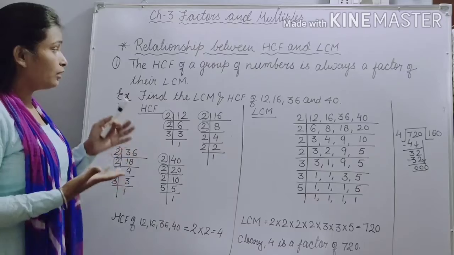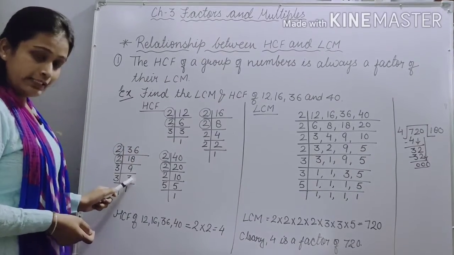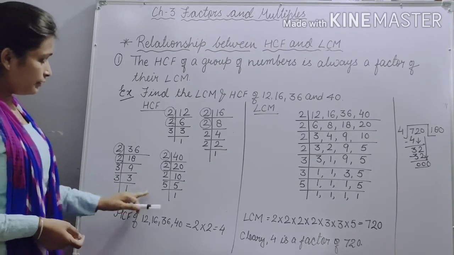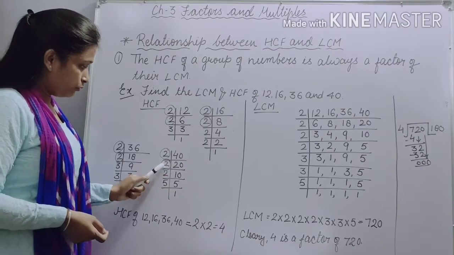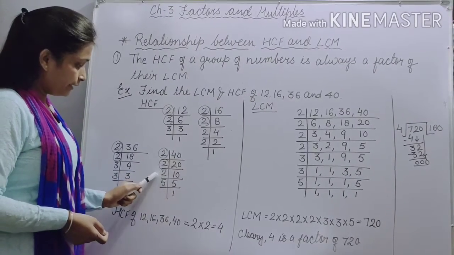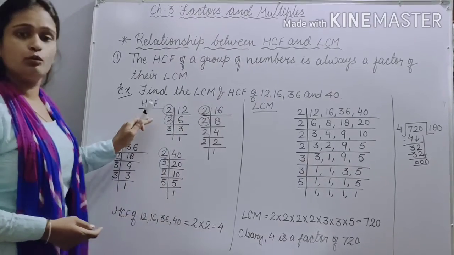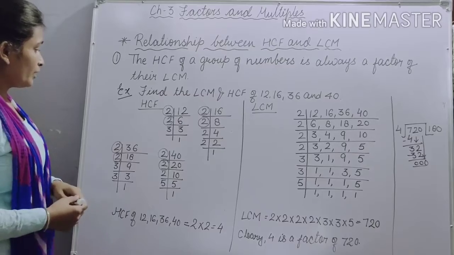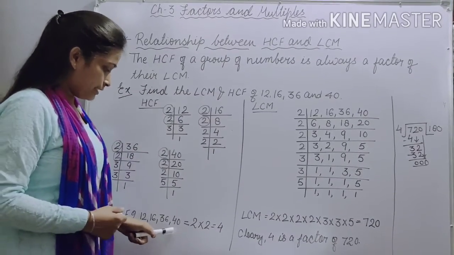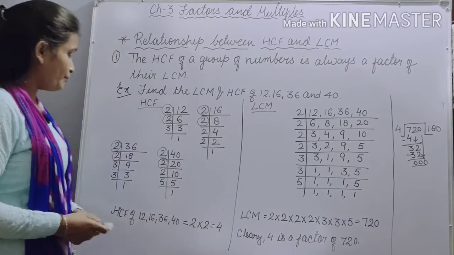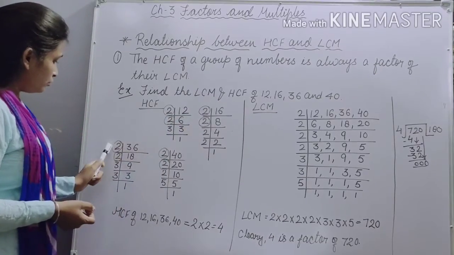As you know how we find the LCM and HCF. So 2 9s are 18, 3 3s are 9 and 3 1s are 3. Simply here. Now 40. 2 2s are 4, this 0 as it is. Again take 2, 2 10s are 20. Again take 2, 2 5s are 10 and 5 1s are 5. ये सारे तो हो गए इसके factors. Now अब अपन फाइंड करते हैं इसका HCF. तो HCF of 12, 16, 36 and 40 is equals to common numbers 2, 2, 2 and 2.